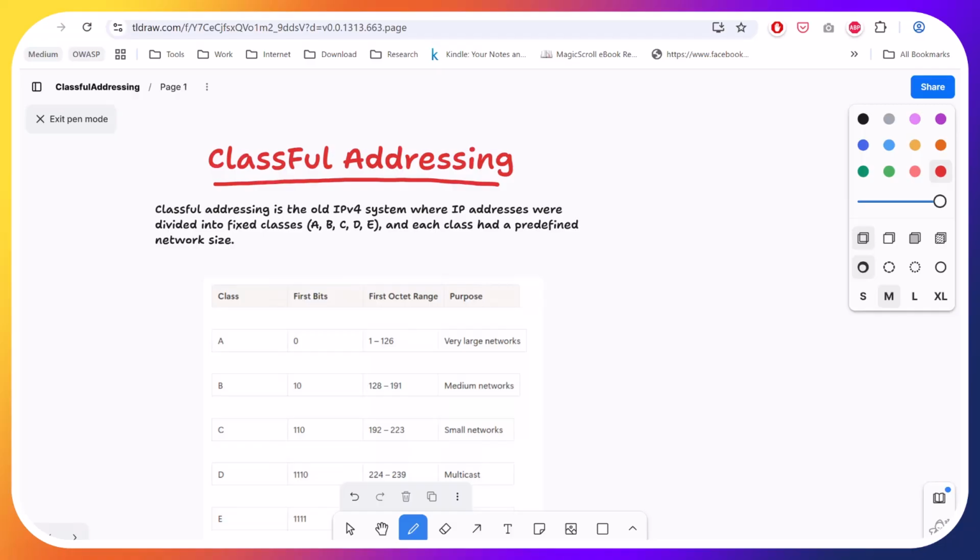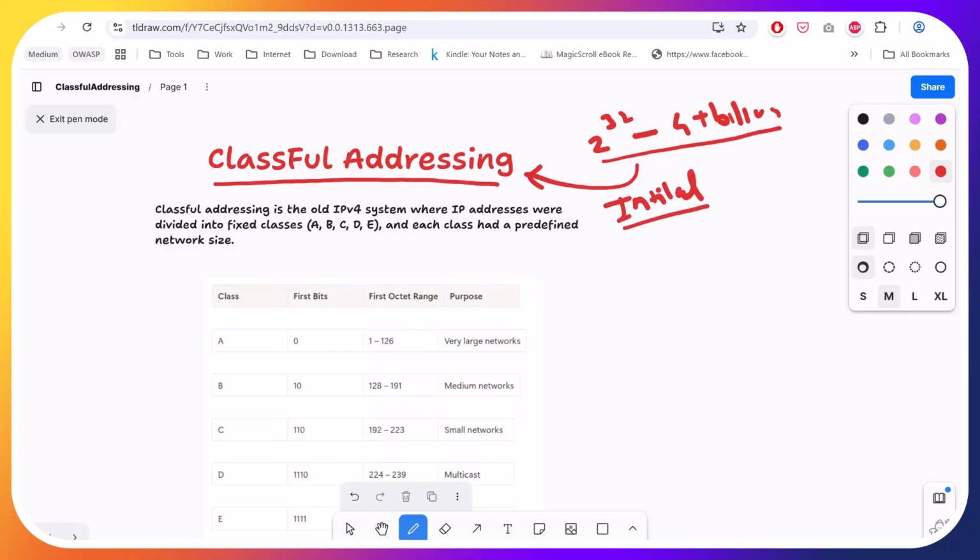So we have around 2 raised to power 32, which is 4 billion, 4 plus billion addresses, right? When initially we had these addresses, how to categorize them? That categorization was done by classful addressing. That was a very initial categorization. Classful addressing is an old, and this old is important, system